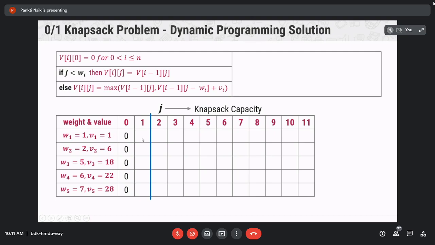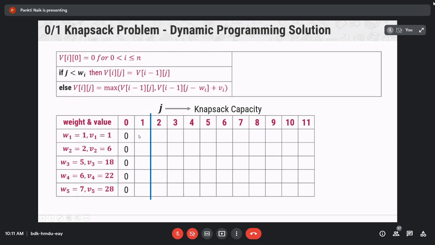Write down in your notebook like this: i is equal to 1, j is equal to 1, wi is equal to 1, and vi is equal to 1. First write down these steps for the first column, then write down for the second column, first cell, second column, first row.